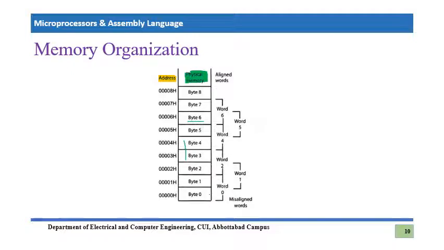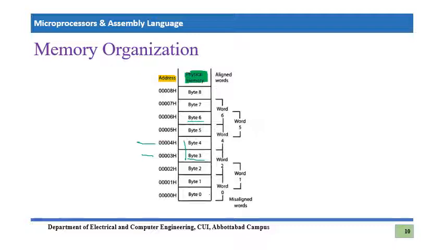Okay, this is not given in that example, but we can consider it. Byte 3 and byte 4. So which one of them is least significant? Because byte 3 is stored at 03, byte 4 is stored at 04. So byte 3 is stored at lower address, so byte 3 is our least significant byte. And since byte 3 is our least significant byte, which means